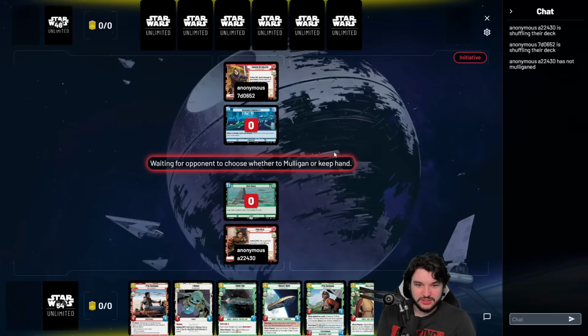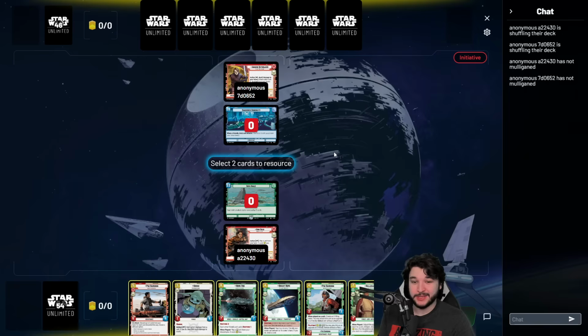Into our next matchup, we've got ourselves Anakin. And so honestly, my hand is not that great against Anakin. The cards I'm really looking for...